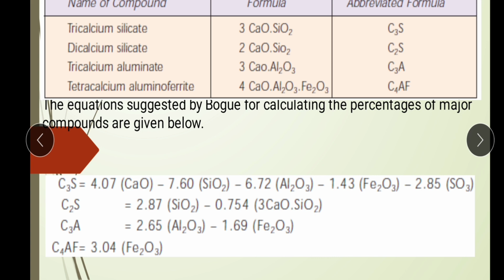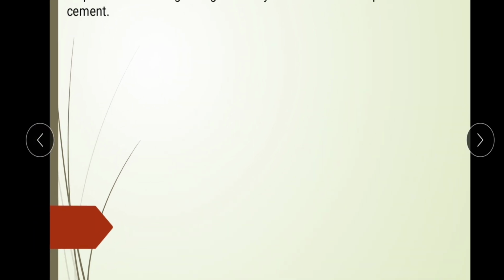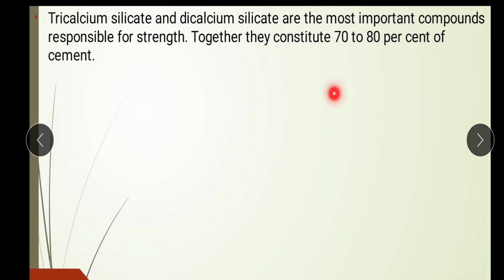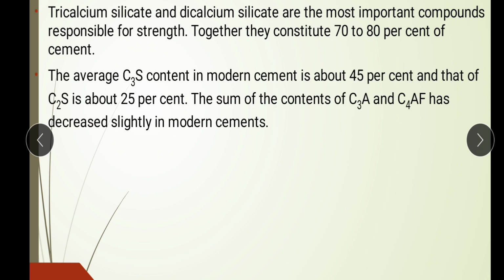Among these four Bogue compounds, each and every individual one has its own properties, which means everything is not responsible for a single property. For example, tricalcium silicate and dicalcium silicate are the most important compounds responsible for strength. So almost 70 to 80% of cement strength we get only because of the existence of tricalcium silicate and dicalcium silicate. So C3S and C2S are more responsible for getting high strength in earlier stages, and similarly